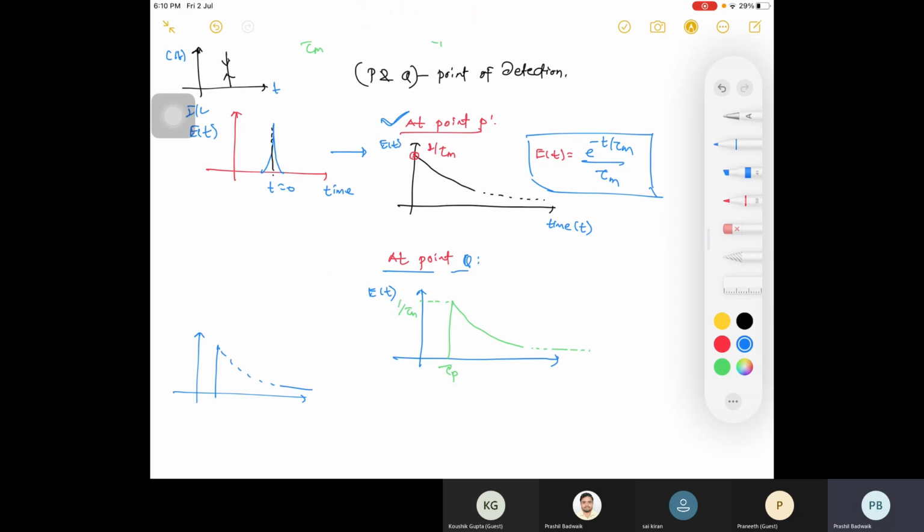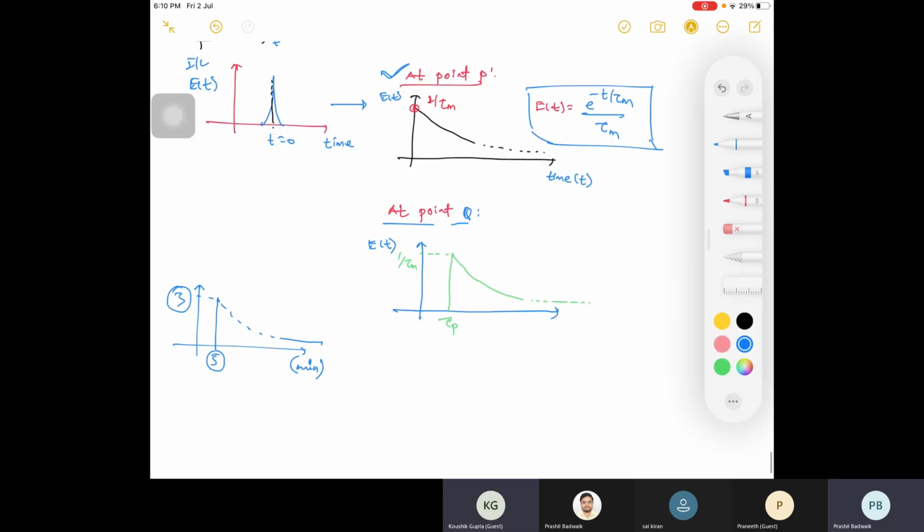If such kind of profiles is there, and it is given 3 and it is given 5 minutes, so you'll be having tau M and tau P. That is your MFR followed by your PFR. This is your first condition. I'll tell you what is the next point, but for a moment you consider this.